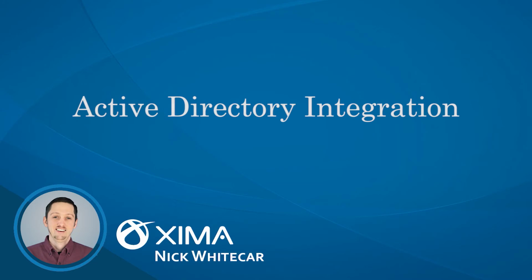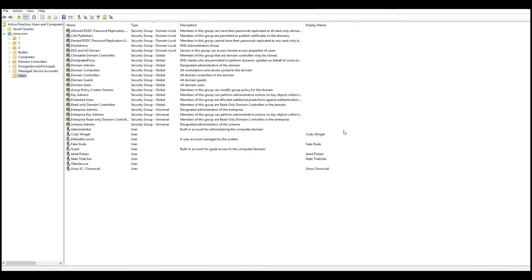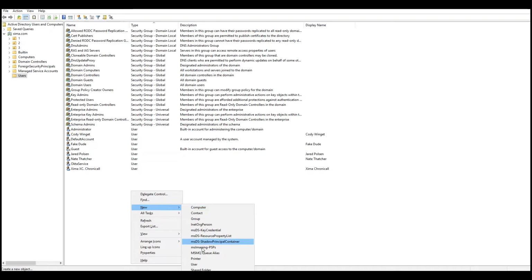In today's tutorial, we will be learning about Active Directory integration. The first thing we need to do is create an authentication user account. We will do this by selecting New User,